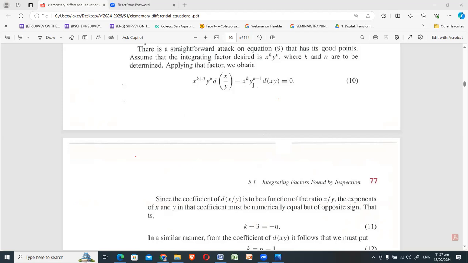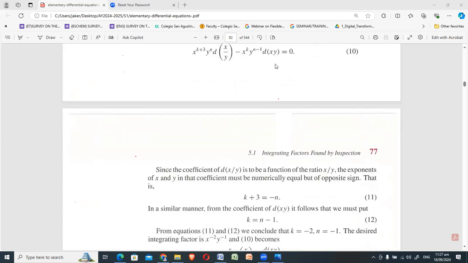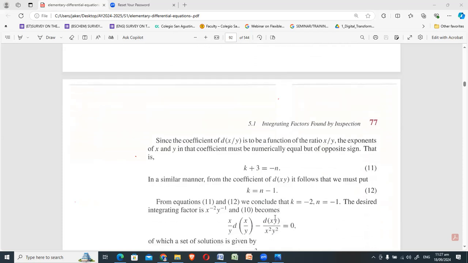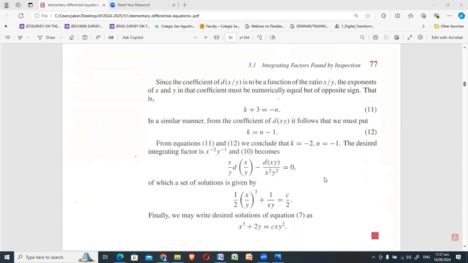Now, in here naman, they are multiplied. So they will not be negative. So whatever your k is, that should also be n minus 1. Why? Because these two are being multiplied. They should have the same exponent because otherwise, you cannot also have power rule if they're not the same. So, if you use the two equations or solve the two equations simultaneously, using your algebra, you'll be able to find that k should be negative 2 and n should be negative 1.